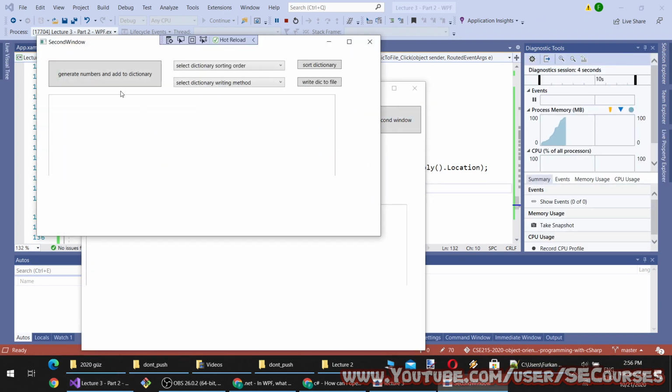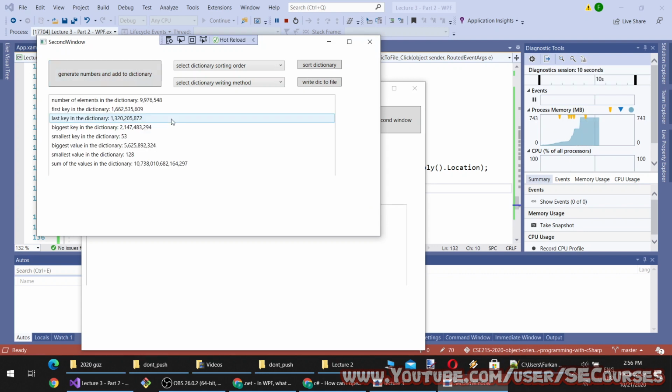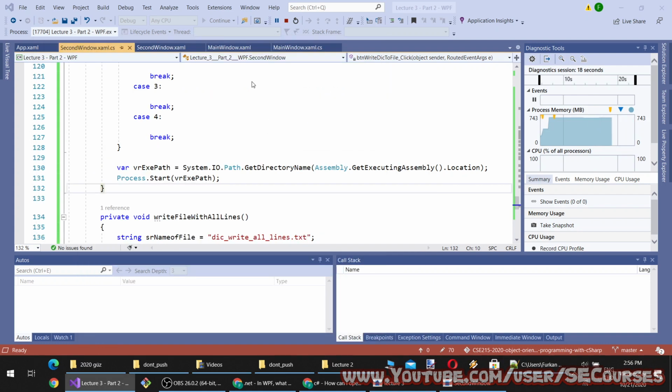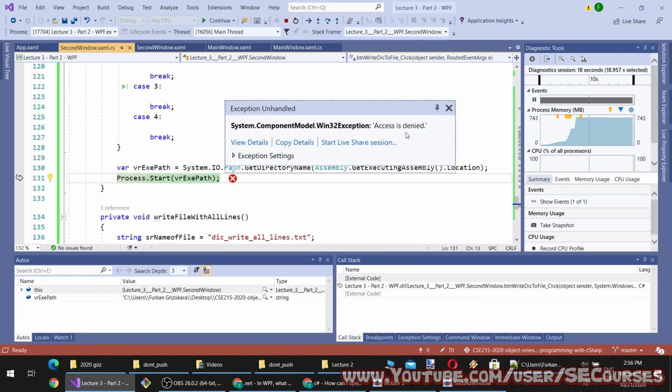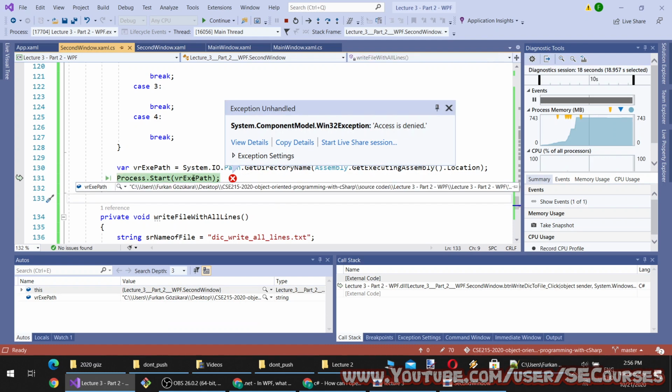Okay, open second window, let's generate numbers. Okay, when I click the sort, it says no sorting option selected. So when I click write, it says no writing menu is selected and access denied. Okay, why?